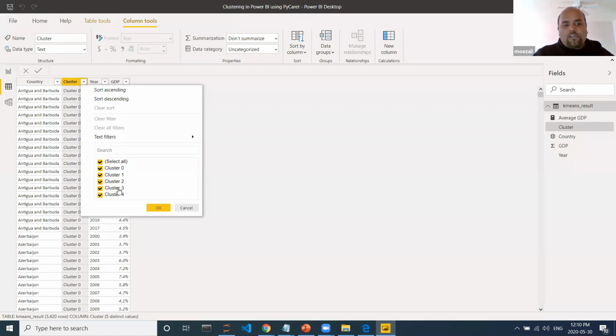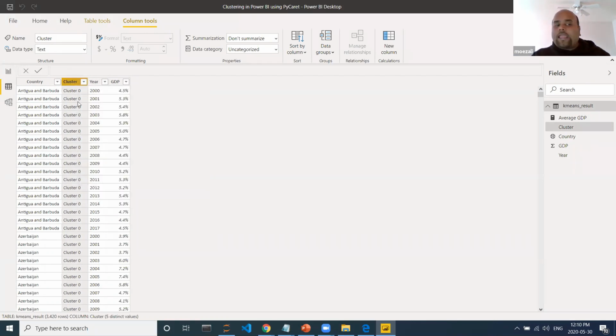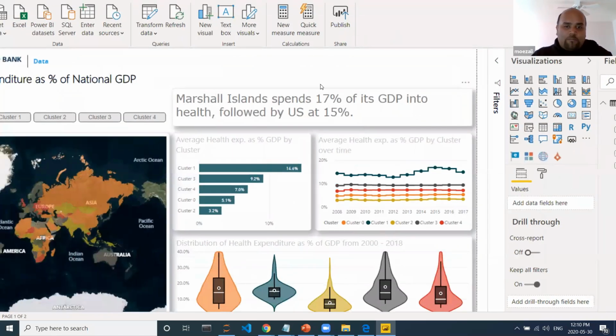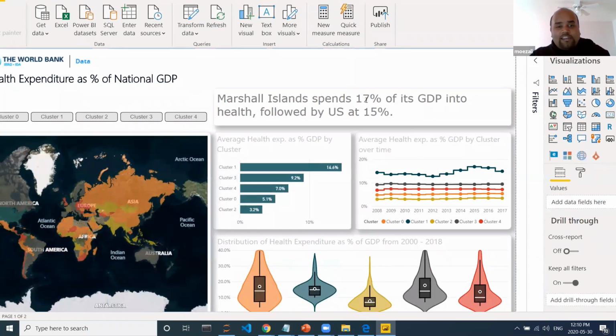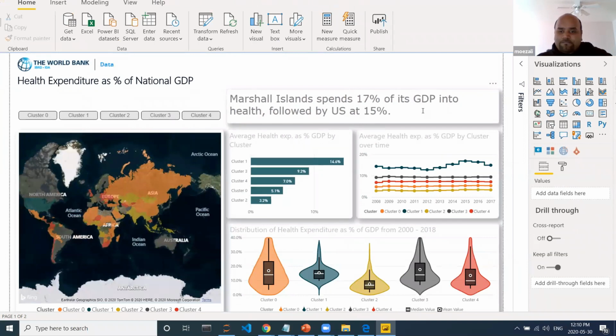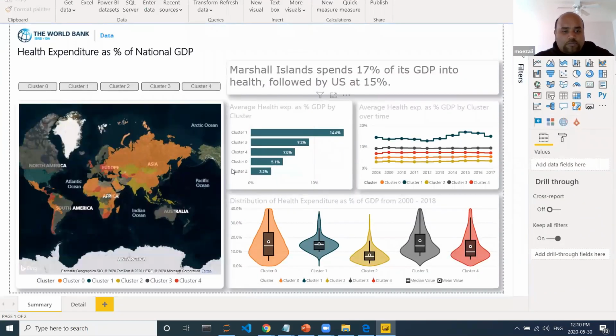This is exactly what we get out of PyCaret, and now I can use this in whichever way I want. In this case, to my surprise, I've never heard about Marshall Islands before, but apparently Marshall Islands is spending more on health than the US. And you would see there are 5 clusters, so we have very good clustering,